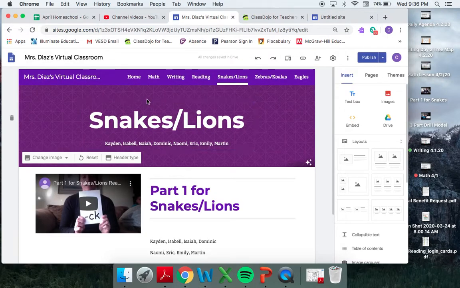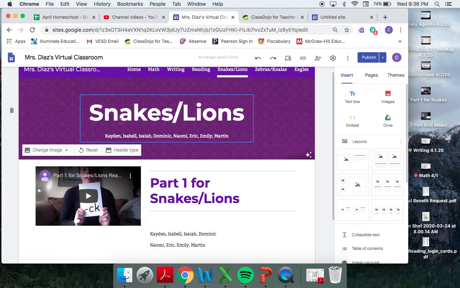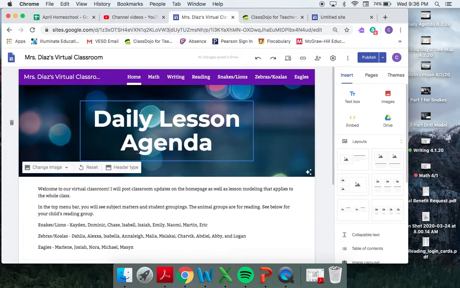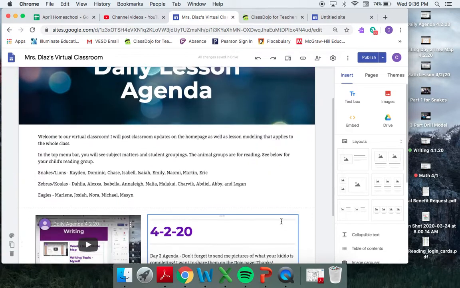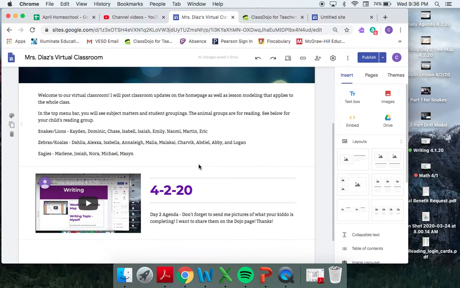So in the home page, here's the link for home right here. The parents aren't going to see any of these toolbars on the side. This is publishing view or editing view, so only I get to see this. And I have my home page here. It starts with just our daily lesson agenda. It tells the parents a little intro to what we're doing virtually here online, and then I have a rundown